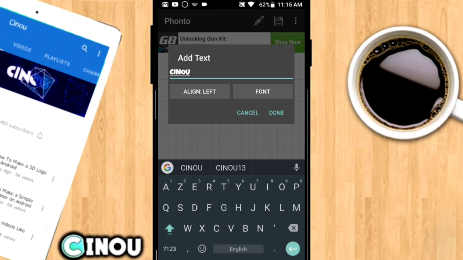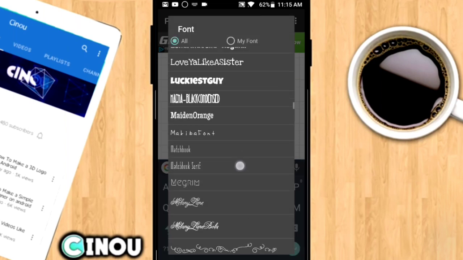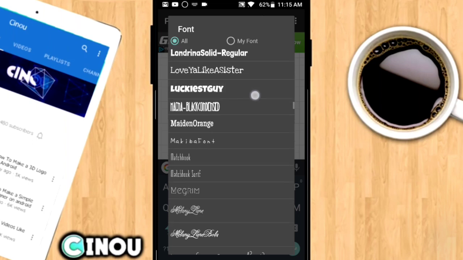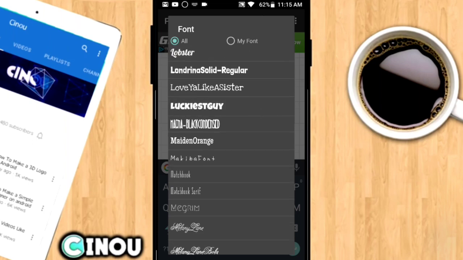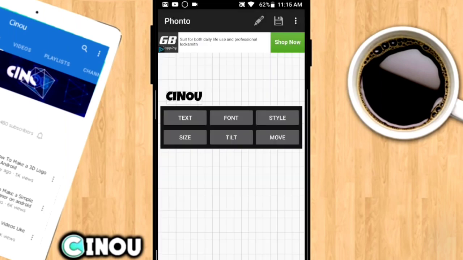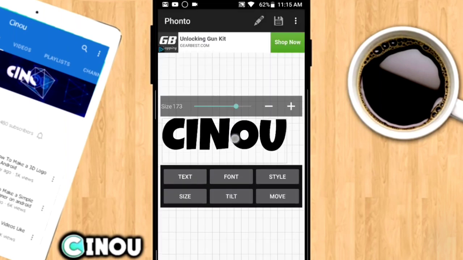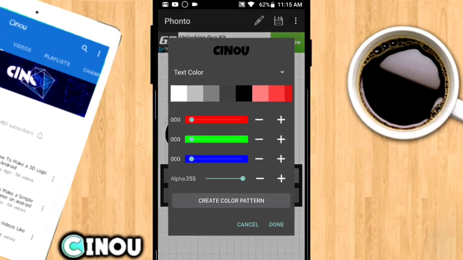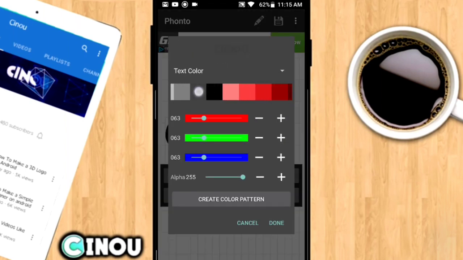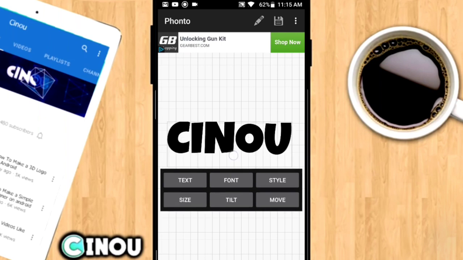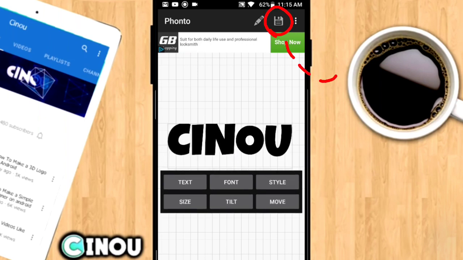and then go ahead and hit on font, and you must choose the font called Luckiest Guy. You must find it pre-installed on Phonto under All, so just press on it, and it should be selected as the font for your text. Hit on done, and make sure you change the size, make it bigger. Hit on style, it should be white by default, but you're going to change the color to black, and then hit this save button right over here, and it should be